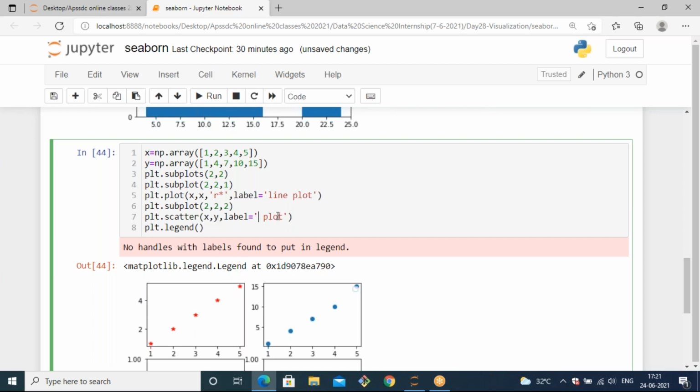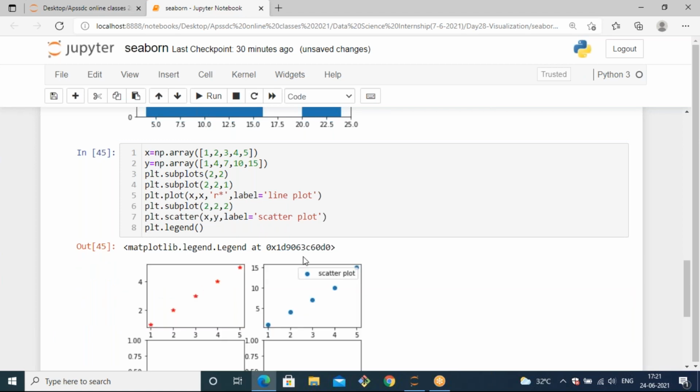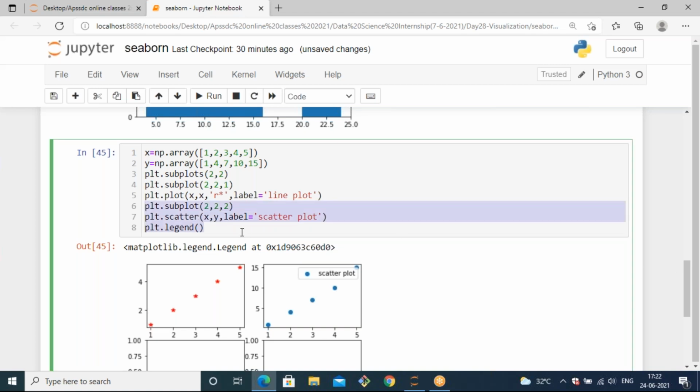Scatter plot. For line plot, this label attribute is removed now. But before, it was using that label attribute also for line plot. And also you can specify a subplot for the third position and also the fourth position.